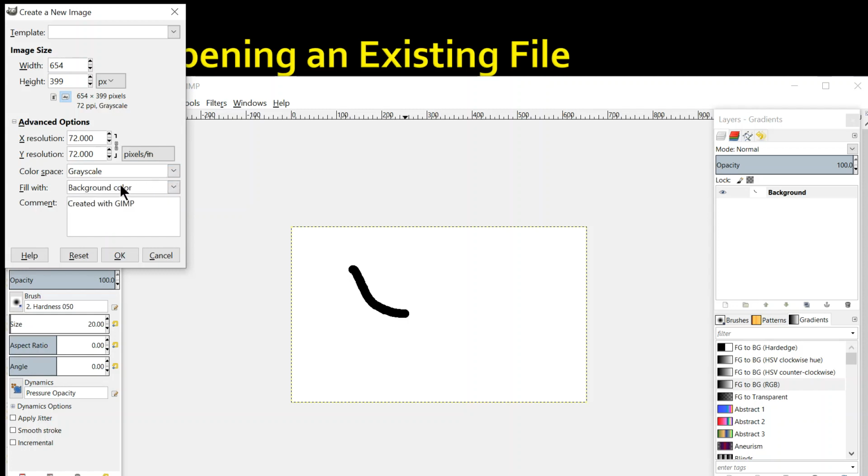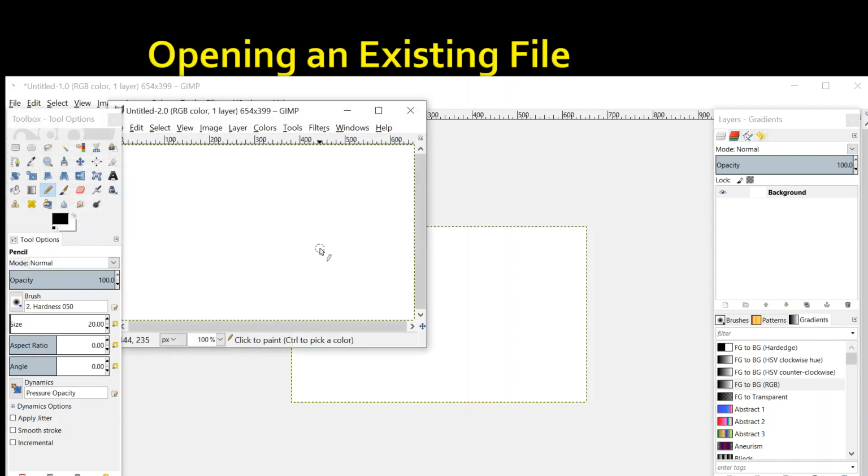Fine, that depends on our choice. जो भी आपको अच्छा लगता है you can choose from here. Fine, and you can choose whether you want to fill with background color or foreground color. All that we can decide and just click on OK. Right?